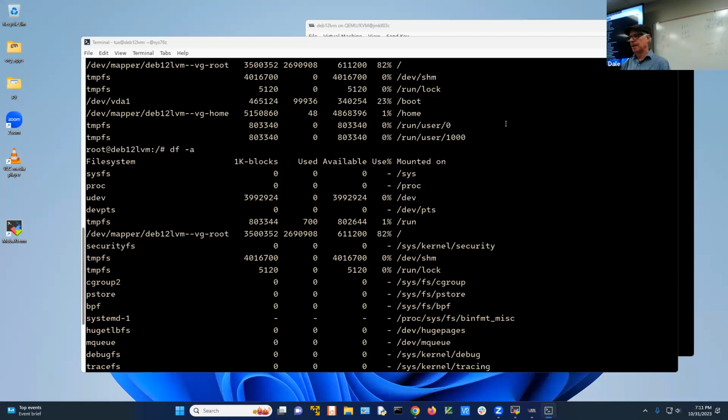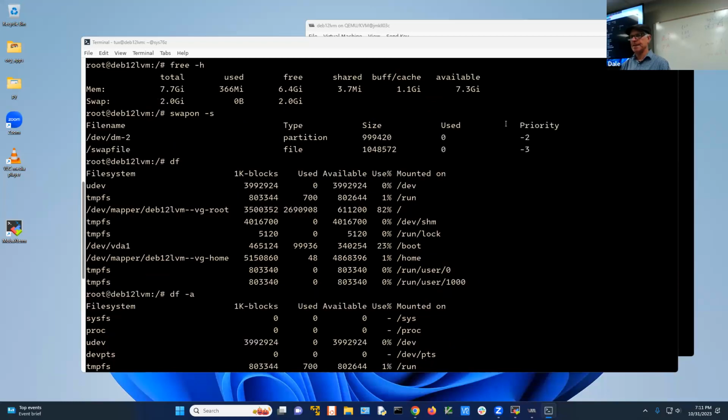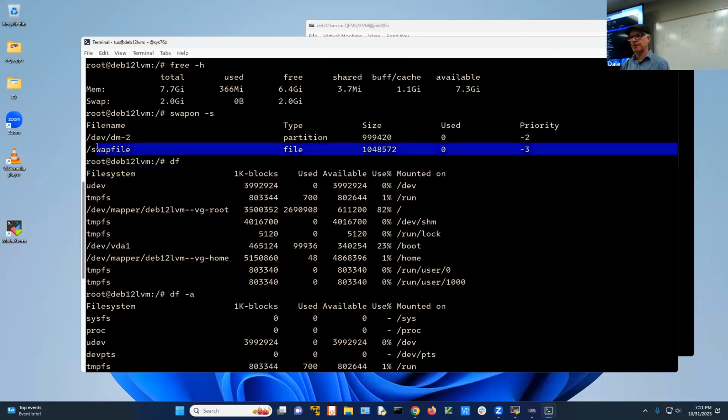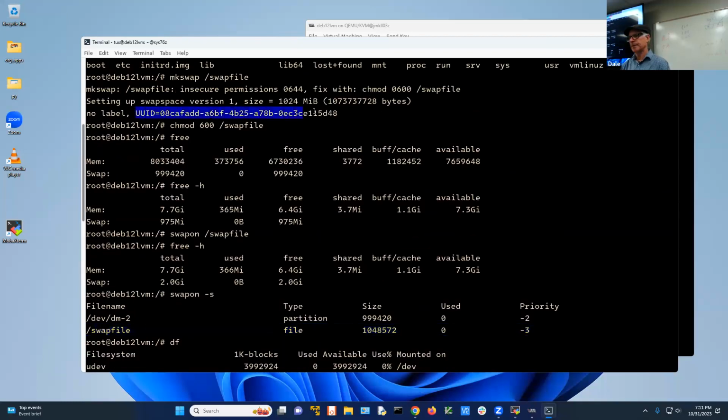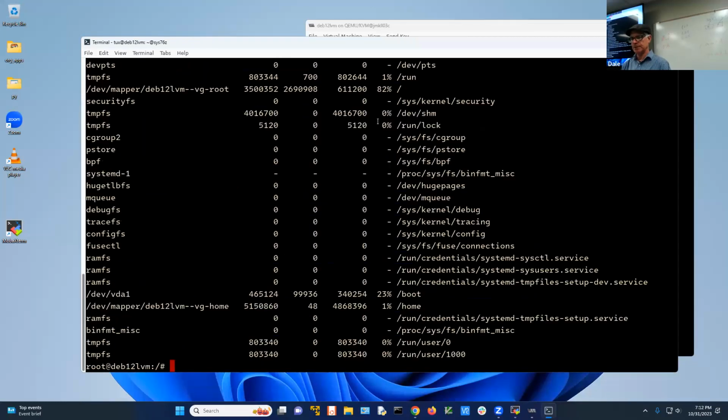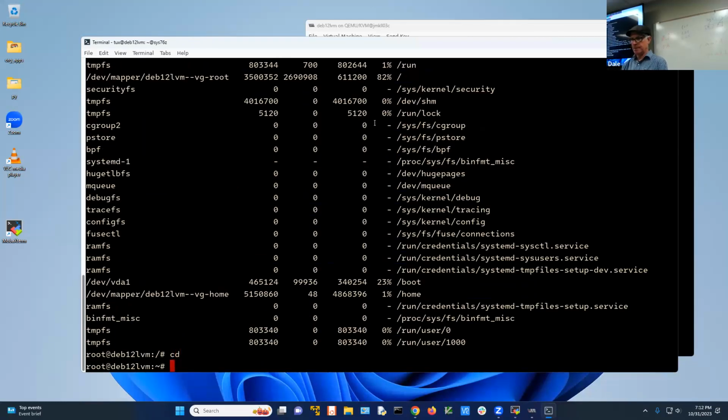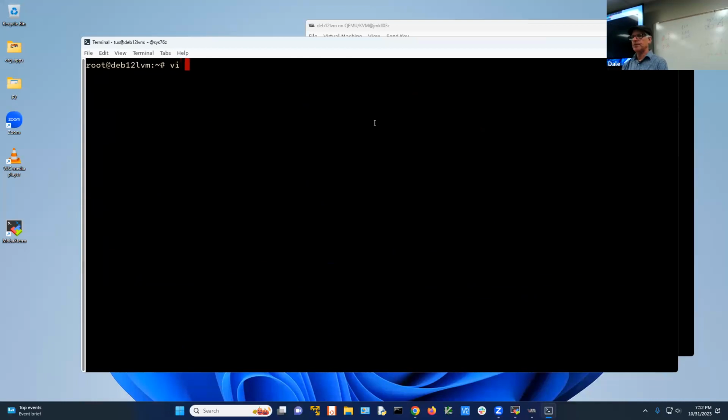Okay. So let's look at our /etc/fstab here. So notice we have this right here. Swap file. And remember up here, we have this thing. Remember that? That's the universal ID for that disk. Okay. There's no label on it at the moment, which is fine. So if I do vi /etc/fstab,